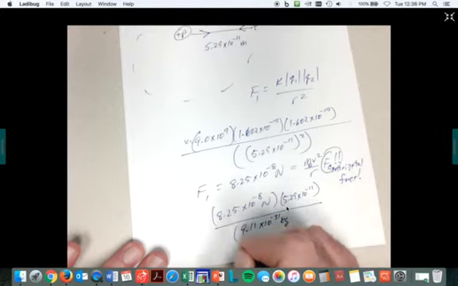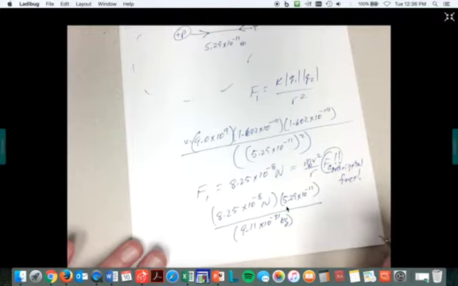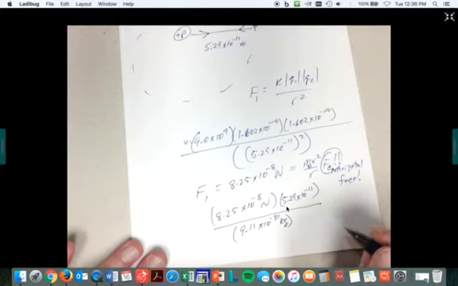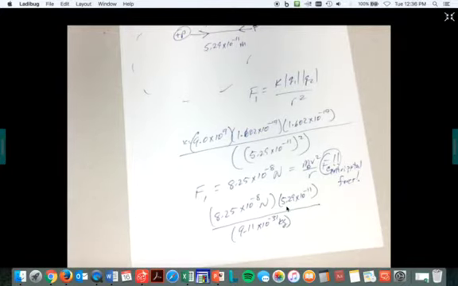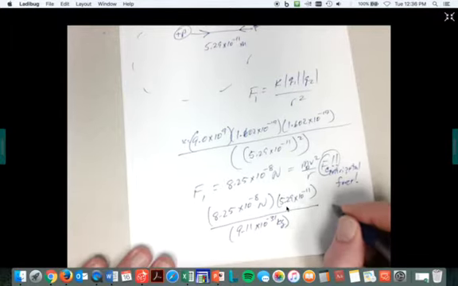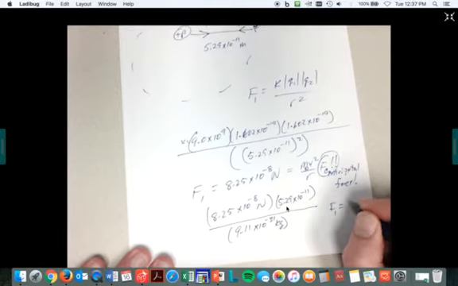Yes, I expect you to know these. Yes, I expect you to put them on your cheat sheet or your formula sheet yourself. By the time we're ready for an exam, you'll know the masses of a proton and the mass of an electron like the back of your hand, and this electric constant like the back of your hand. Okay? So there we got it all set up, because what we did was we said F1 is equal to,